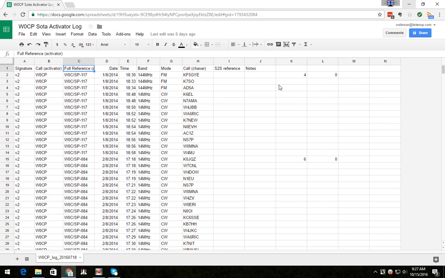I'm here today to discuss how to very quickly and efficiently log and upload SOTA QSOs, both activator QSOs and chaser QSOs, utilizing the Google spreadsheet. I like the Google spreadsheet because it provides an automatic backup of my log in the cloud. Also because it's accessible from any computer anywhere, and lastly because it has a very nice export feature, which I'm